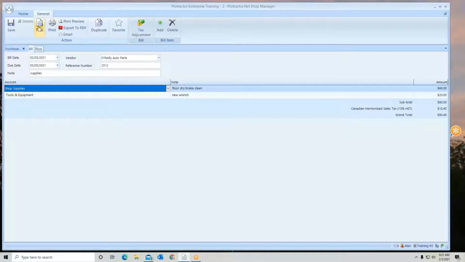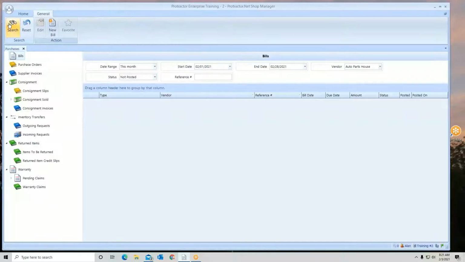So you notice you have a post and you have a save here. If I post this, this immediately sends it to the payable account. If I click on save, it just saves the entry, and it's going to save it underneath not posted. Now, if I want to look at all the bills that have not been posted to the payables, I